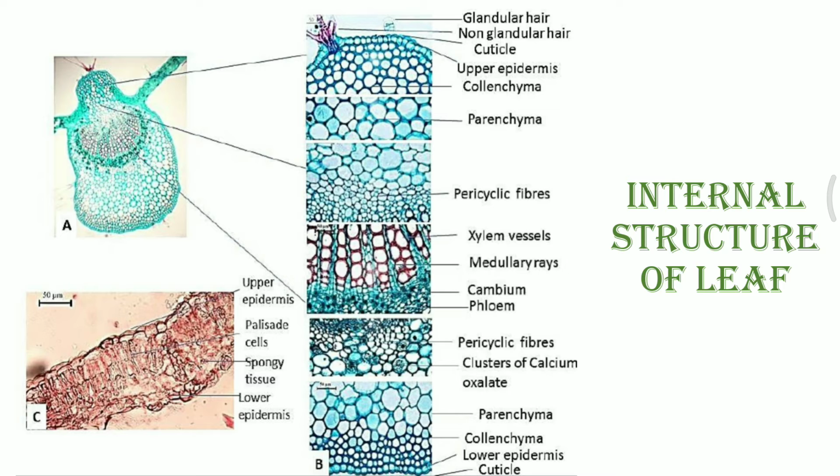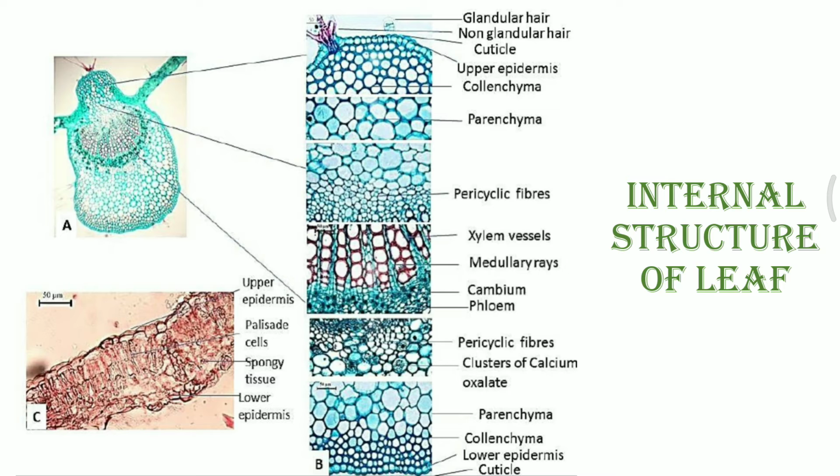When we see a section of a xerophytic leaf, we see the presence of these substances, and these substances help in avoiding excessive absorption of sunlight, and because of sunlight the loss of water is also regulated because of presence of this calcium oxalate clusters. So that's why this pericyclic layer becomes differentiated at the lower epidermis side, because you are aware that from the lower epidermis a large number of stomata are present, and from the lower epidermis area only there is a chance of loss of water at a much higher degree.